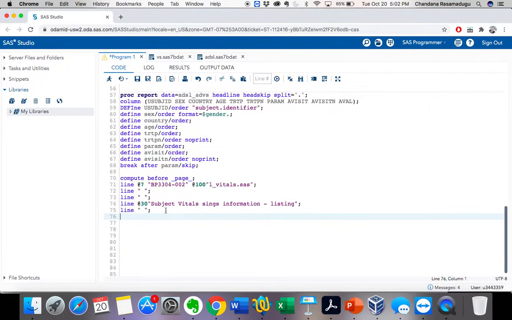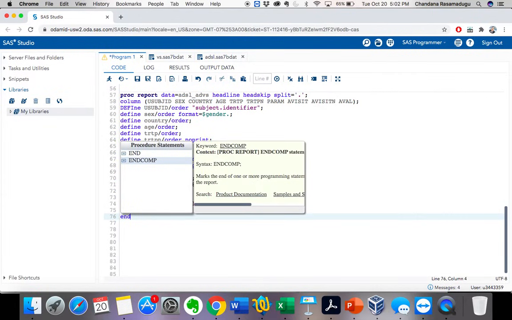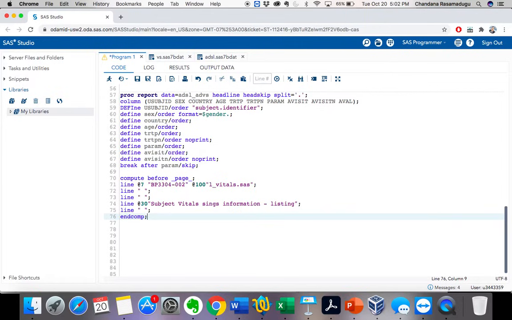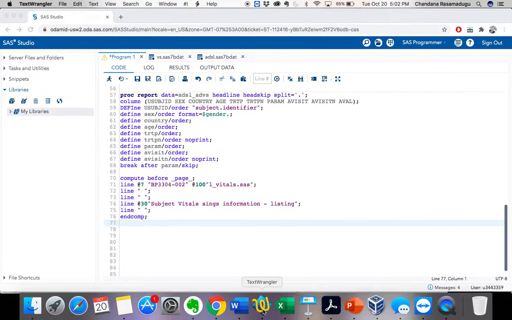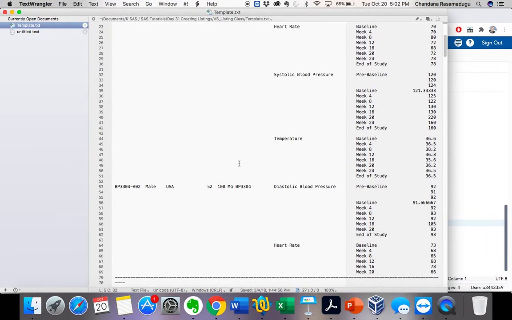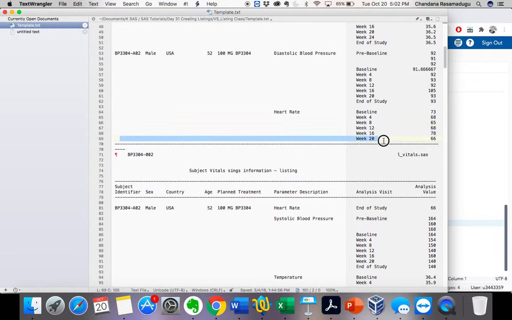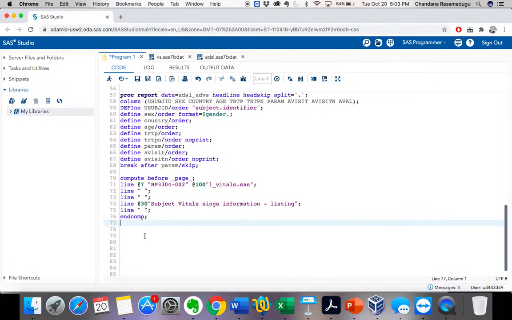Right, now let's end the comp, end comp, and we don't have any footer here or footnote value. Let's check that. See here, the values are ended, the table is ended by here. Okay, and there is no footnote here. These values again belong to another mock shell. So it is another mock shell's header values, but here we don't have any footnote, so I'm not specifying any footnote over here.